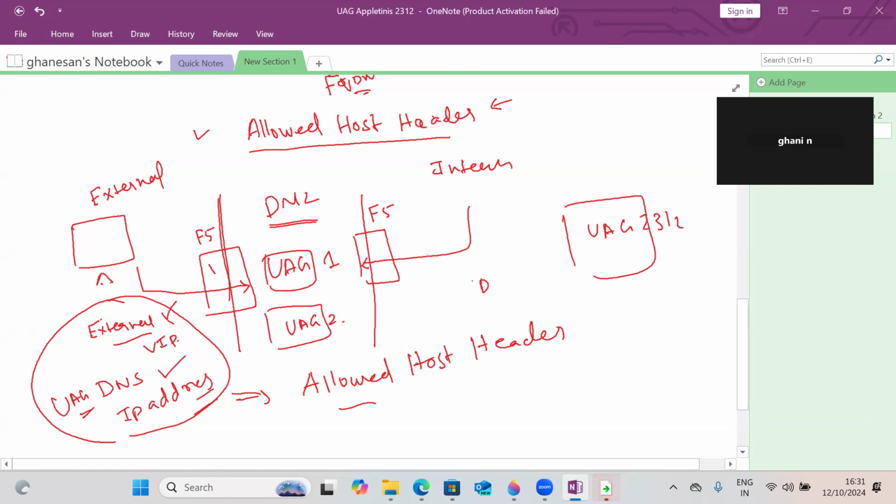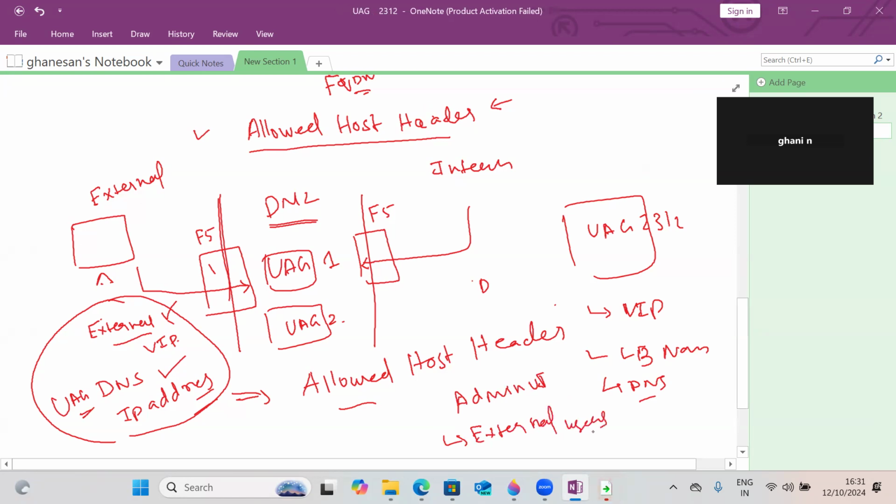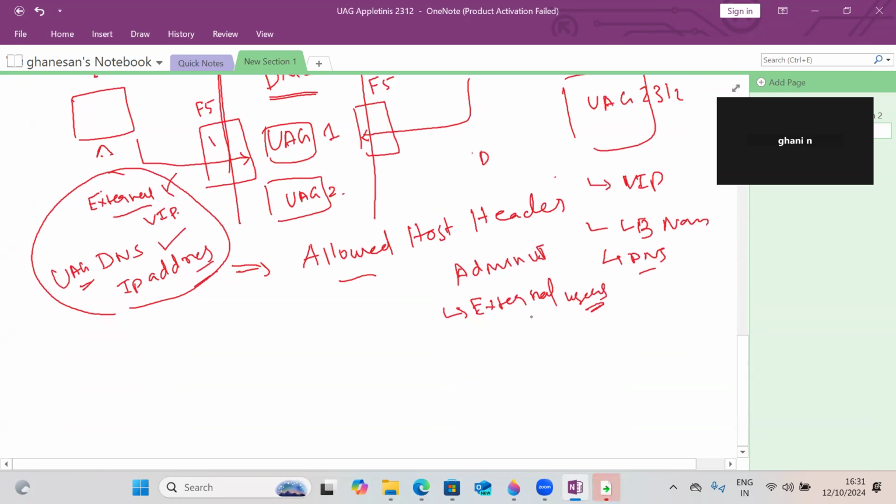This is the load balancer name I'm going to use. This is the DNS name I'm going to use for connecting to my admin user interface or for external user connections. So we need to inform our UAG's appliance,